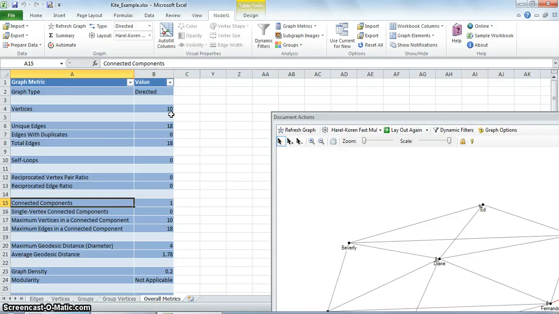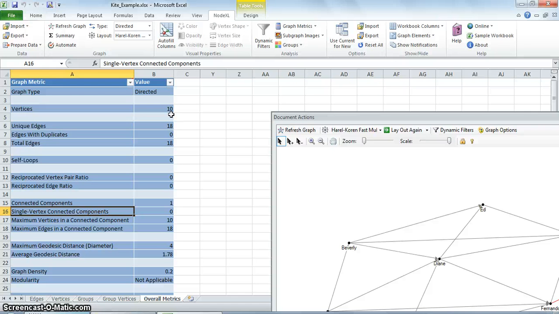There are the connected components. They are the clusters of vertices that are connected to each other but separate from other vertices in the graph. In this network, there is only one connected component because you can get from one vertex to all other vertices.